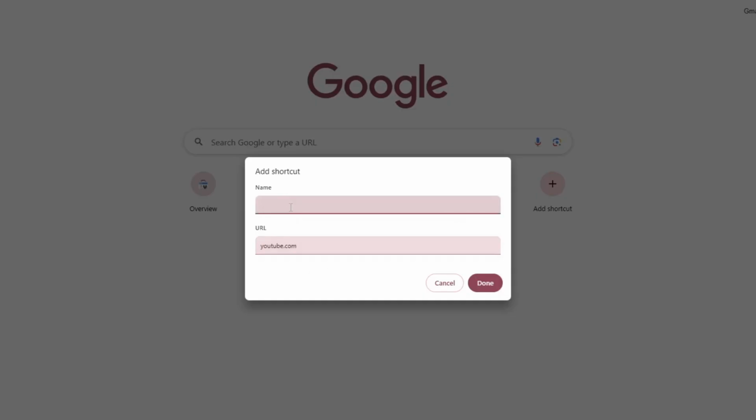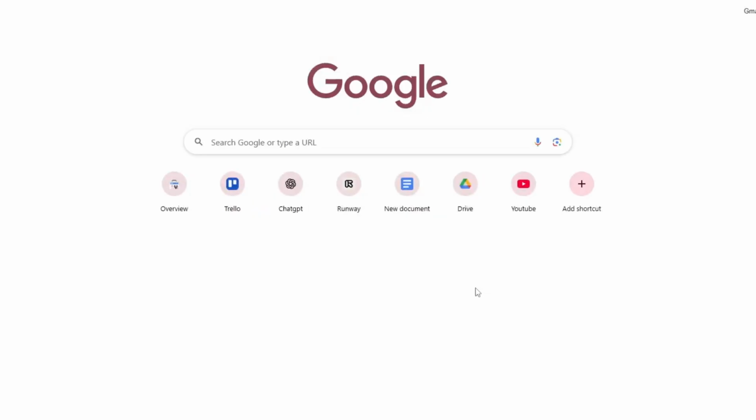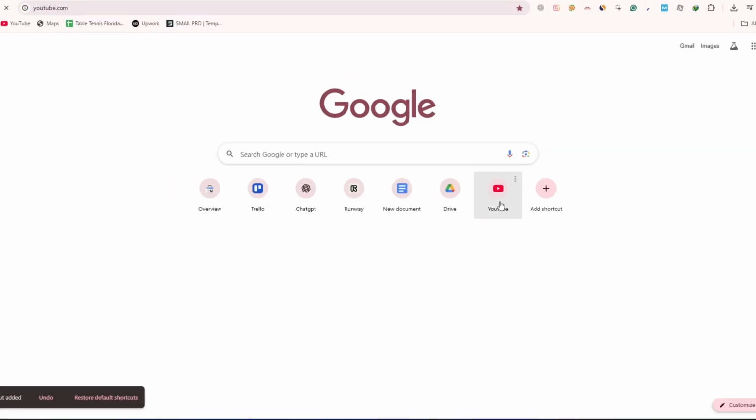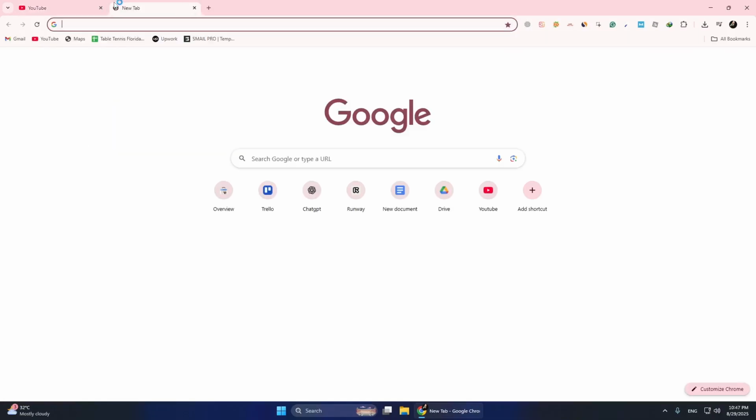Once you have entered the name and the link, click on Done. Your new shortcut will now appear on the New Tab page along with your other shortcuts. From now on, whenever you open a new tab, you can just click that shortcut to go directly to the website. You can repeat these steps for as many sites as you want, so your most used websites are always